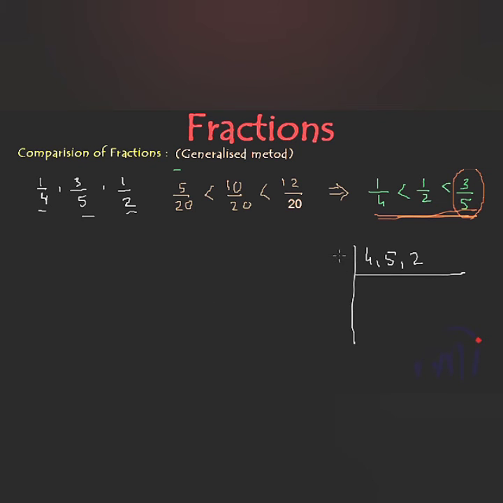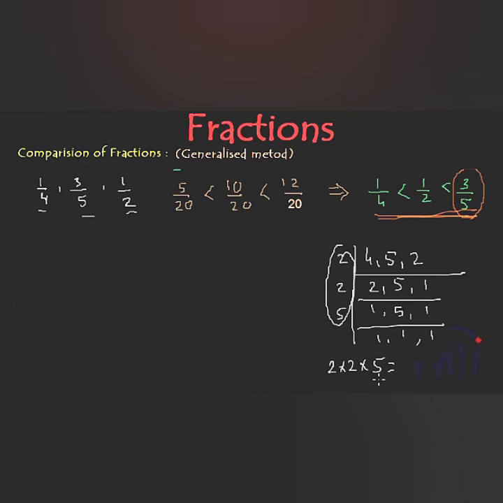So 4 and 2 are divided by 2. So 2 2s are 4, 5 I'll note down as it is, and 2 1s are 2. Then we have 2 1s are 2, 5 cannot be divided, so it will be noted down as it is, and then 1. And then we have 5 1s are 5, right? So the LCM over here will be the multiple of these three numbers. So 2 multiplied by 2 multiplied by 5.